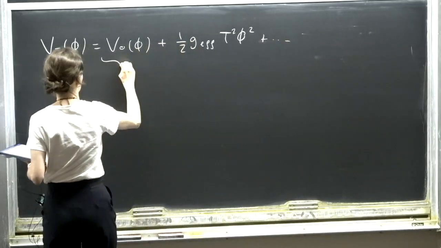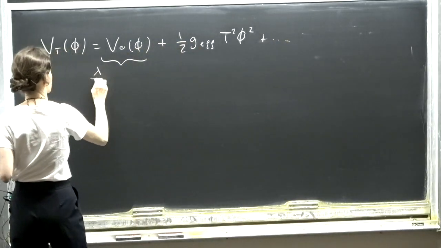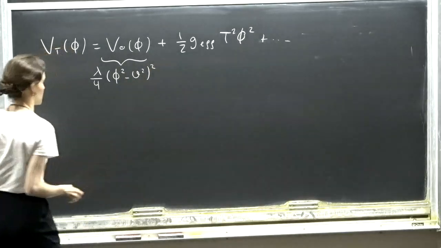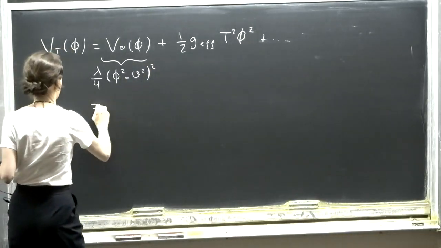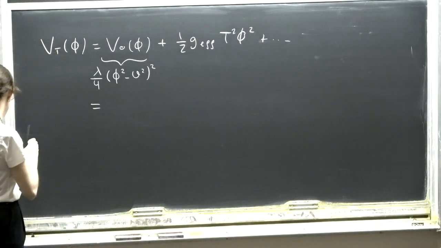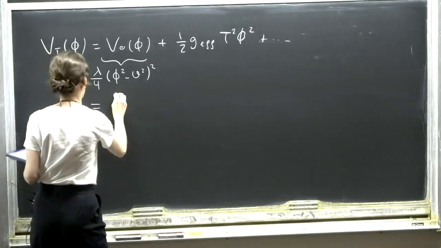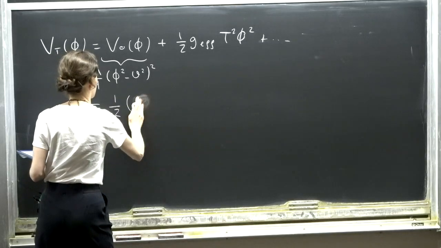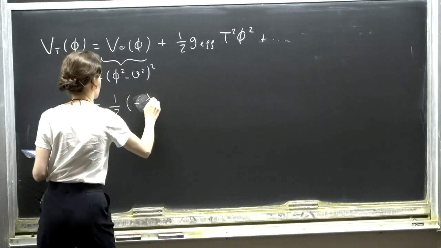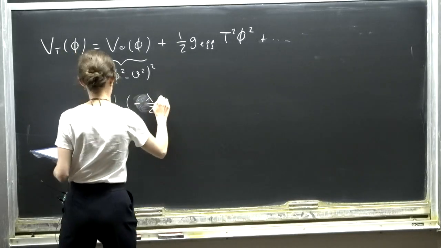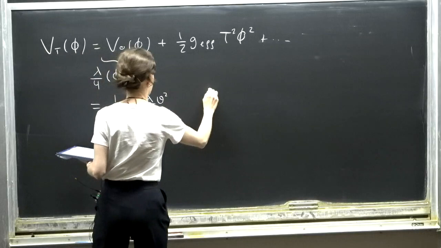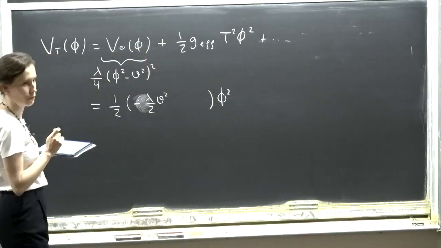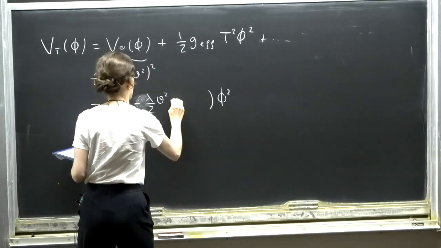And let's say we can have in mind something along the lines of this, lambda phi to the 4, for concreteness. So in particular, the term here that is quadratic in phi squared, I can write down as follows. Previously, in the zero temperature theory, the phi squared term was just this piece, and it was negative, so phi equals 0 is a maximum. Now I have this additional contribution